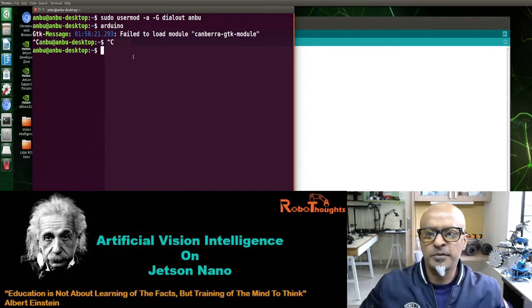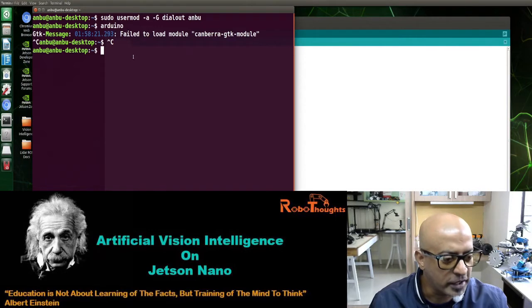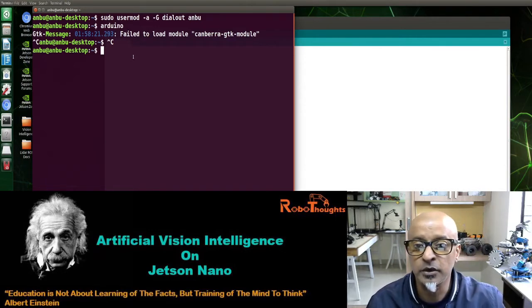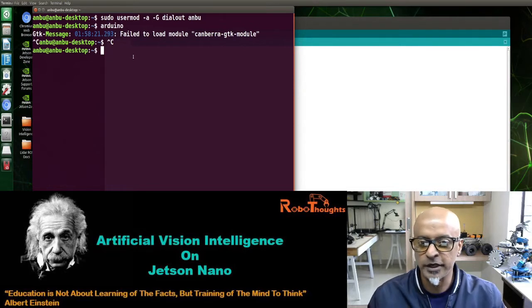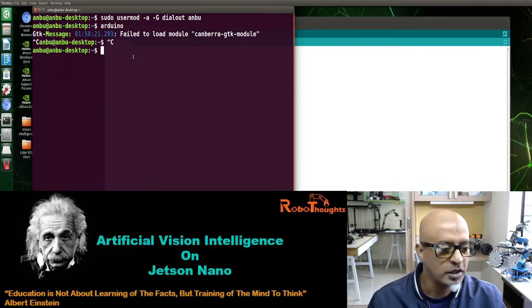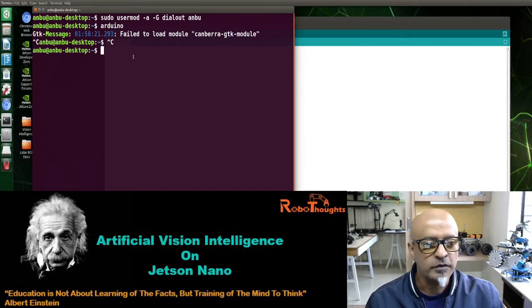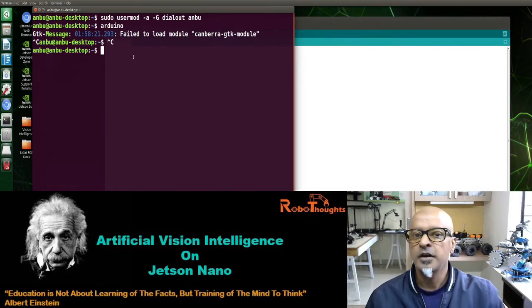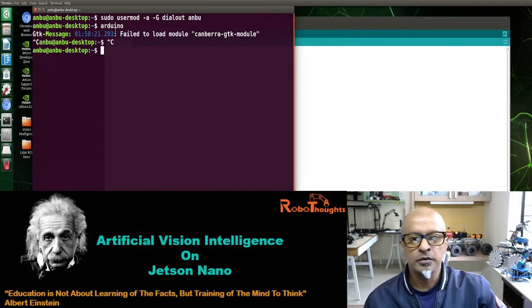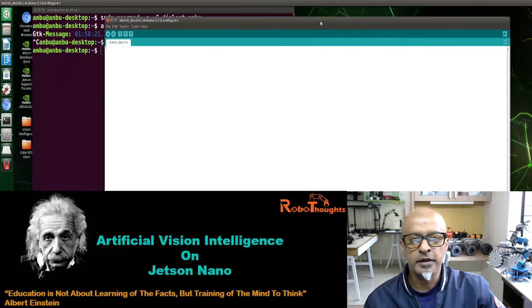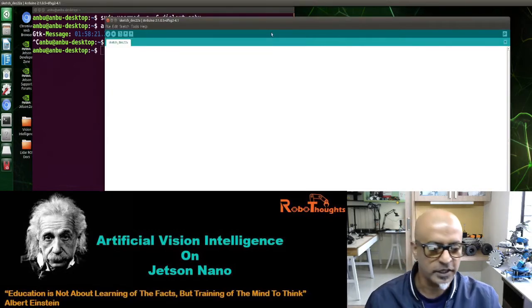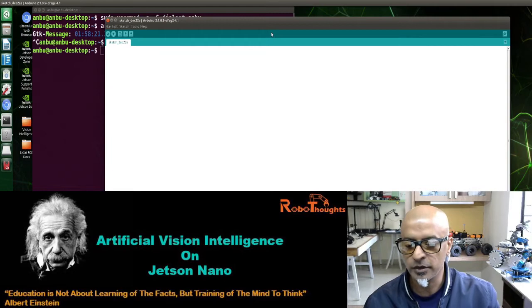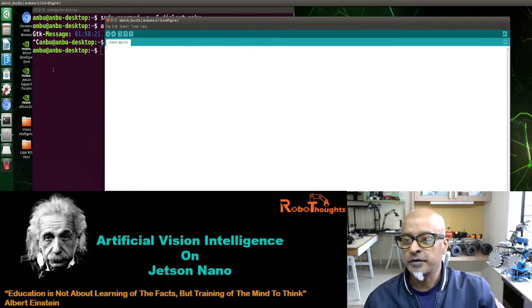After you initiate the dialout command with your username, it initiates. So guys, this might show some error, but do not panic with the kind of error. Can you see, fail to load module canberra-gtk-module and so on? That's fine, your Arduino opens up in the background. Now I will show you something. Hold on a second. Right, so this is your IDE. The look and feel is the same as when you install it on your Windows system, but now what we need to do,